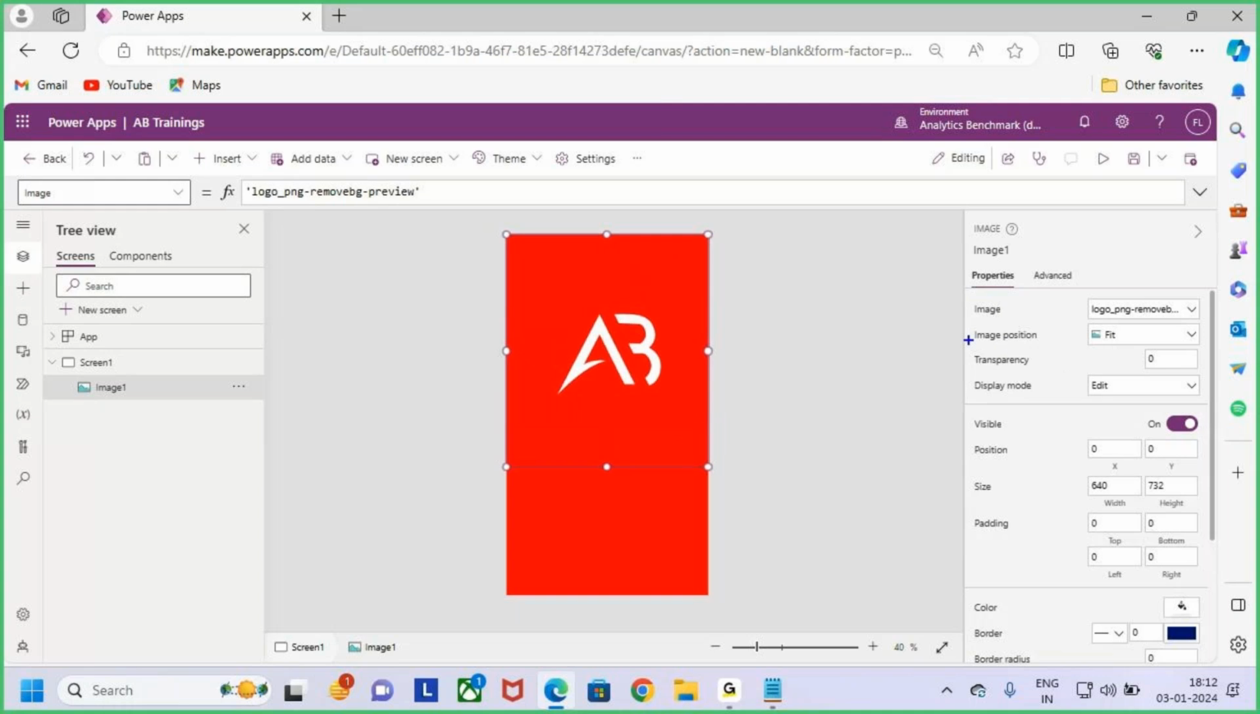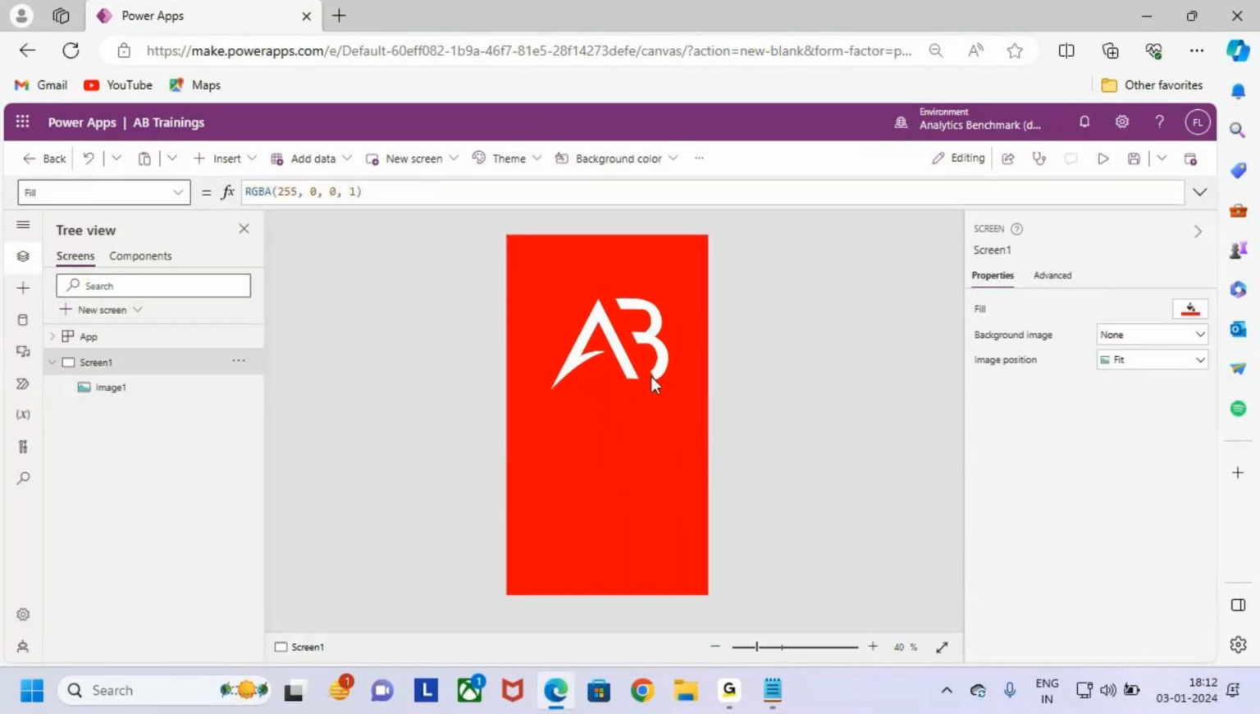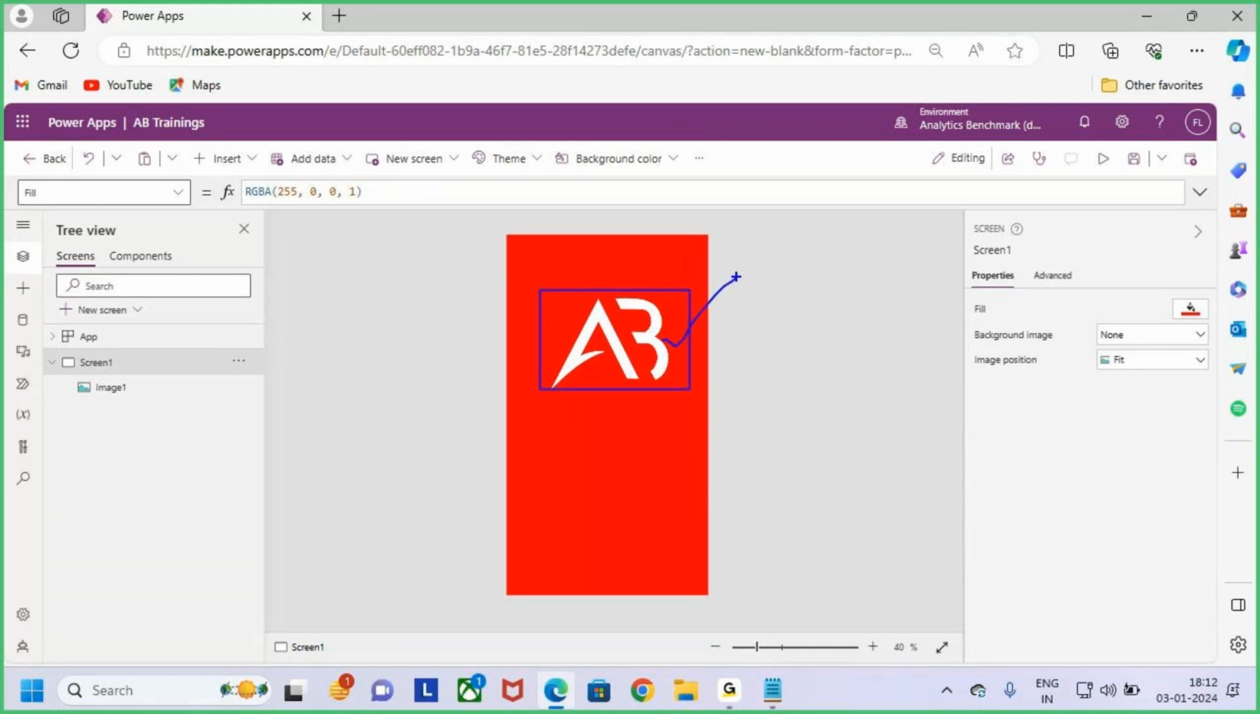Currently the image position is fit. I want to make it fill. When I make it fill, it looks somewhat better now. So just keep it like this. Now this is the image I am adding here. This is the logo for AB Trainings. And the next,